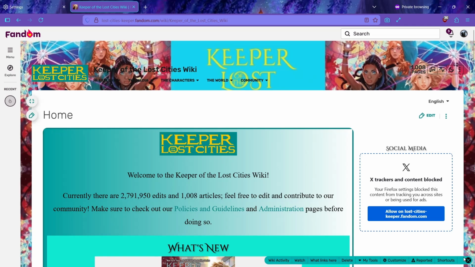I haven't updated mine in a while, as you can see, because this links to wiki activity, which was the old recent changes. Well, recent changes has always been around, but there used to be wiki activity, which had everything in it: discussion stuff, like forum, which was the precursor to discussions, and comments and all of that in one feed.